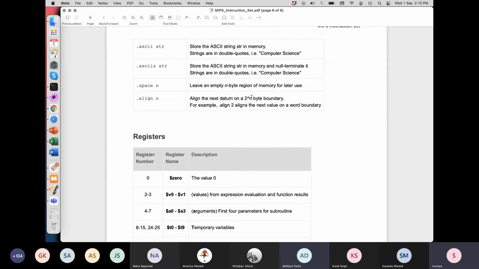Yes, understood, sir. Since that address is a multiple of 32, that's why it's a word boundary, because this is a 32-bit memory word system on which we are working. If I have a 32-bit architecture, that means the memory word size is 32, right? So that's why it's written as a word boundary. Fine.